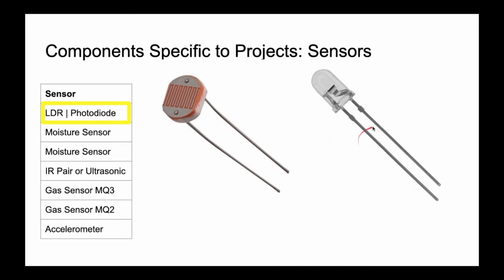Don't get confused between a photodiode and a normal LED. A normal LED is an output device, that is, you will be able to see the output of the LED. But a photodiode is an input device. It is used for sensing how much light is there in our surroundings, and it gives this value to the circuit. So we cannot see anything from this. Due to that, it is an input device. As I told before, both of these are used for sensing light.